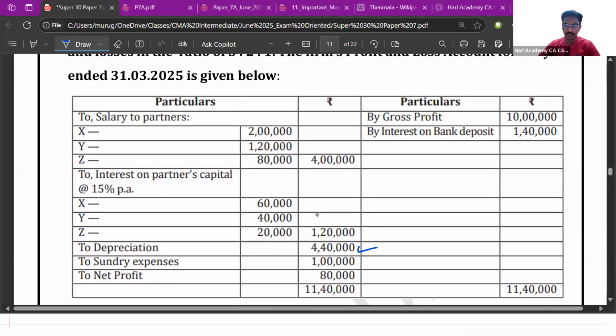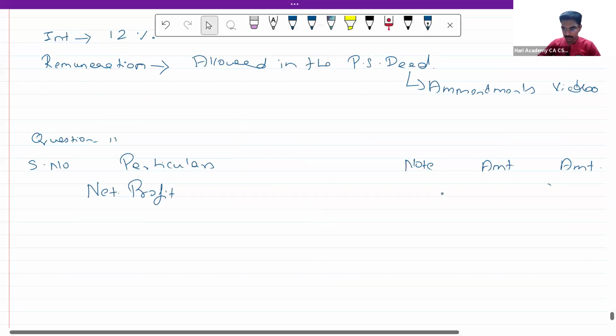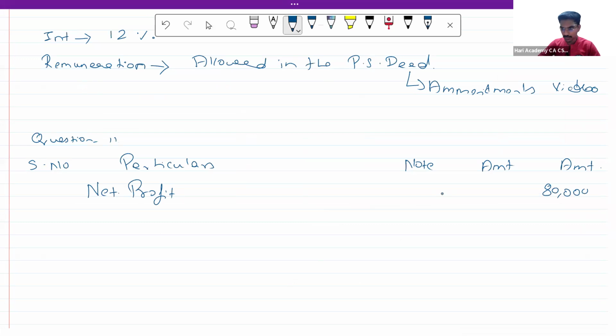Okay. So first let us start with the net profit. So net profit is 80,000. See, the same format which we used in question number 9 is applicable here. But since this has very short adjustments, I am using a very simple format. I am using the same adds and subtracts only. I am not opening all the 4 things. So first one is add. Expenses debited to P&L.